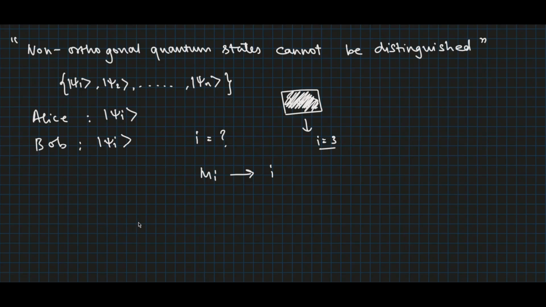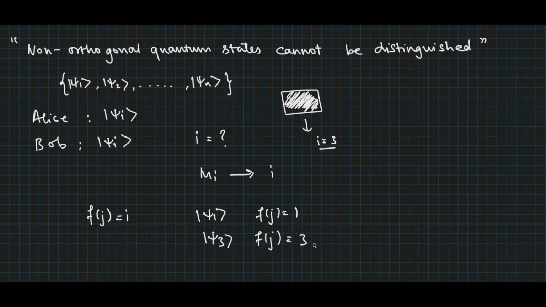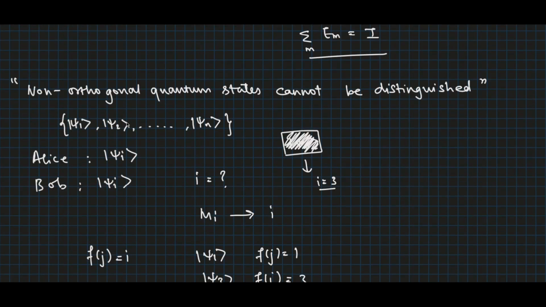So we define a set of rules given by a function f(j), which is equal to i, where j is the measurement outcome, such that if Bob measures the state psi 1, then f(j) will be equal to 1, since the value of i here is 1. Similarly, if Bob measures the state psi 3, f(j) would be equal to 3. Now with all this information, we will try to prove that a set of quantum states are distinguishable only if